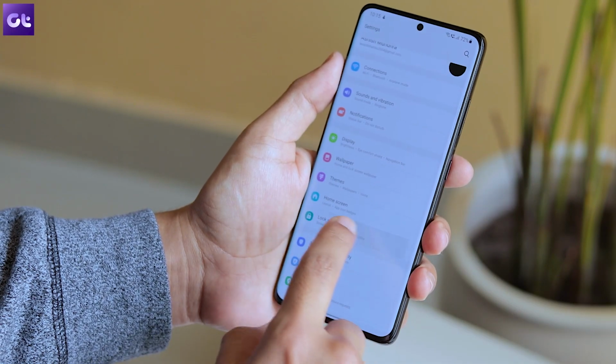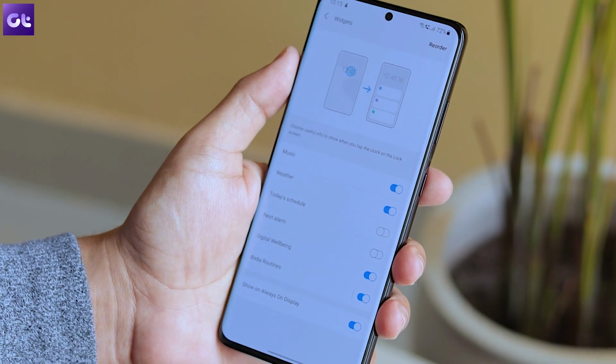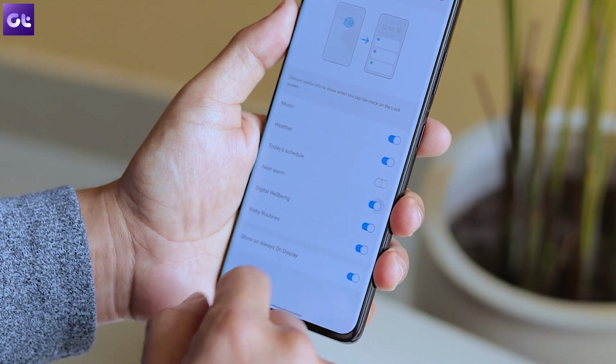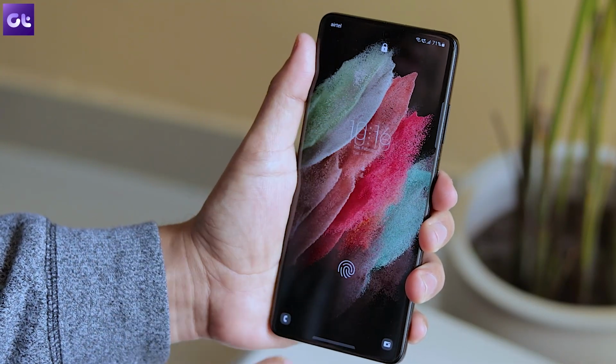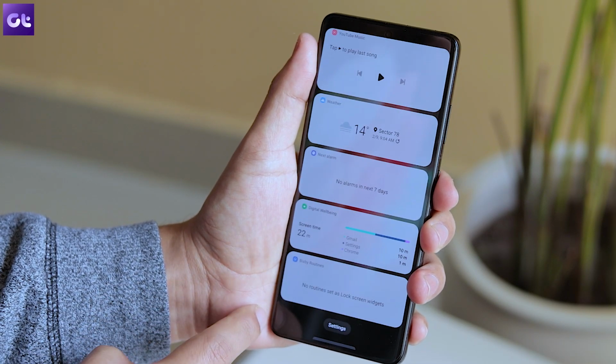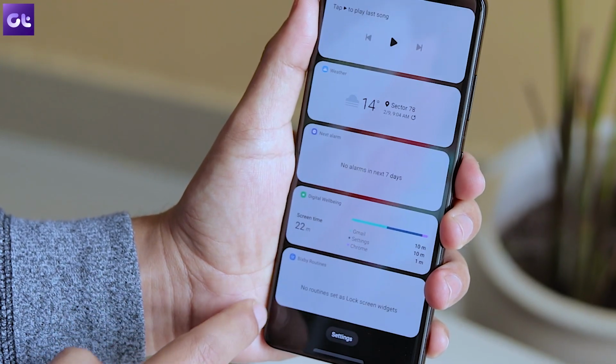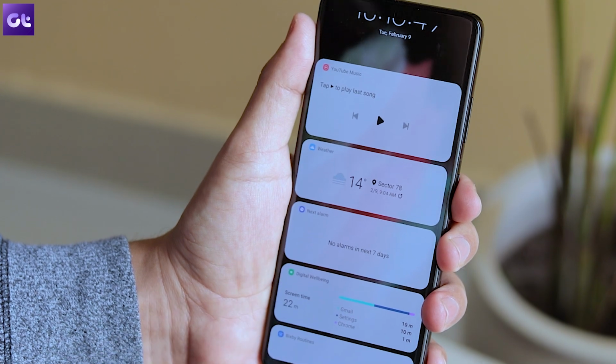Okay, so while we're on the topic of always on displays, did you know that you can actually get a lot of work done just from your always on display, not even just your lock screen or entering your phone. You can get a lot of stuff done from your always on display, all thanks to Samsung widgets. To enable widgets, head over to Settings, Lock Screen, and then tap on Widgets. You can select the widgets of your choice. Once you've done that, enable the toggle at the bottom that says Show on Always On Display. Now, when your phone is in the AOD mode, just double tap on the clock and then swipe down to enter the widget section. This will all load up in the AMOLED mode only, thus conserving battery while also allowing you to take a quick glance at your important widgets.